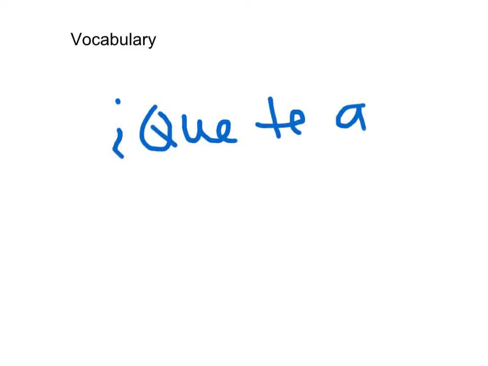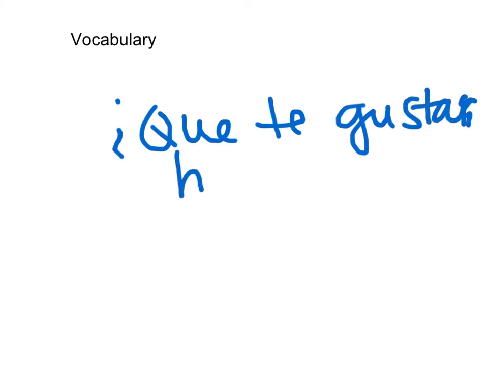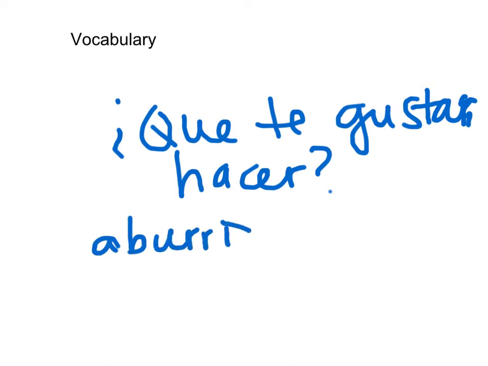Okay, first thing, vocabulary. The two charts that you need to know, the fronts and backs of the one that starts with ¿Qué te gusta hacer? at the top. Like, what do you like to do? And then also all of those infinitives that are underneath it: alquilar videos, cantar, comer, correr, dibujar. And then also you need to know the list that starts with aburrido. And those are all the descriptions. Aburrido, activo, alto, antipático, etc.